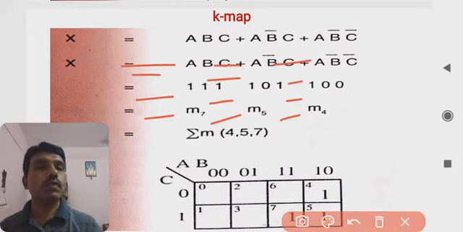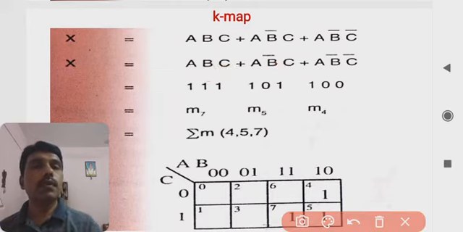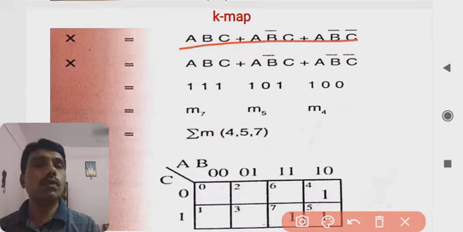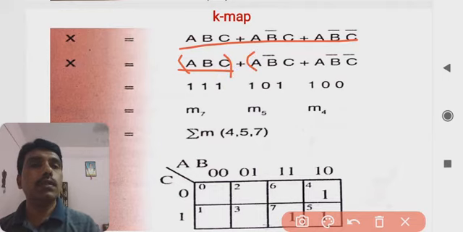If you look at this case, the example is A B C, or A B complement C, or A B complement C complement. This simply gives us a clear idea that it is the 3 variable case. So 3 variables are used, and it clearly indicates it is a sum of products, that's why it is the SOP form, and that's why uncomplemented will be assigned 1 and complemented will be assigned 0.